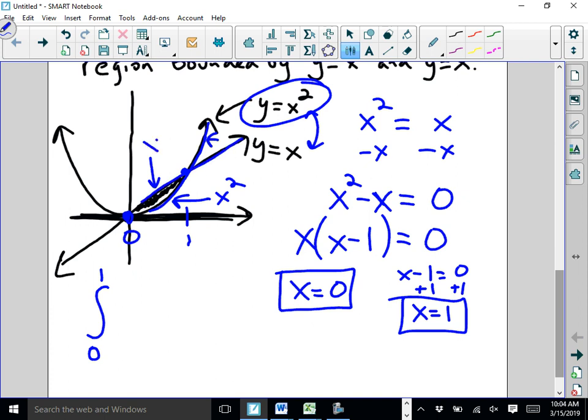So all I need to do is top function, x, minus bottom function, x squared, dx. The solution to this definite integral will be the exact area of that bounded region, right? These are definite integrals, so we really have to pay attention to our left and right bounds here, or our left and right intersections. Going ahead and solving this thing out,